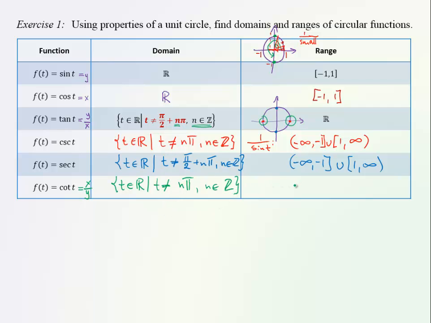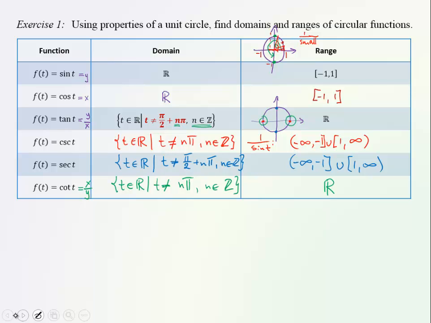Now the range of cotangent, similarly as tangent, will be all real numbers. We can actually produce any real number just by taking points that will have a lot larger x than y or nearly 0 x. Okay, so we developed those properties of the 6 trigonometric functions as a matter of domain and